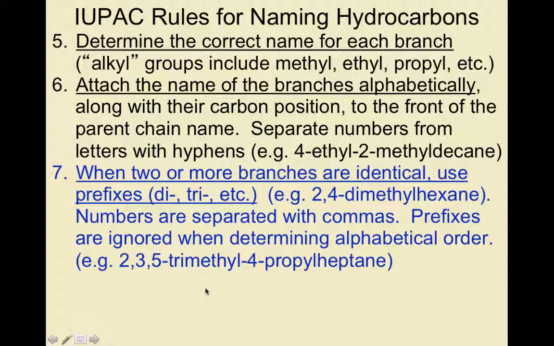We don't take prefixes into account when we're determining alphabetical order. For example, I'm just going to draw this out. We have 2, 3, 5 trimethyl, 4 propylheptane. Ooh, that's a big one. I'll just start drawing some C's here. Heptane, we'll work backwards. Heptane. It's an alkane. It has all single bonds. There are 7 carbons. 1, 2, 3, 4, 5, 6, 7. If this is my number 1 carbon and this is my number 7 carbon,